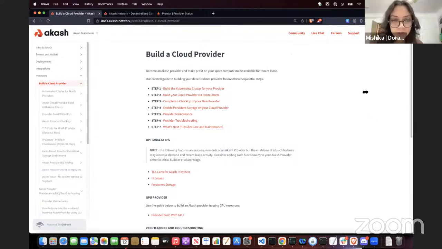Okay, so we have another question which says, what about stable payments? Can we deploy and have a provider get paid with USDC now? Yeah, so this is actually